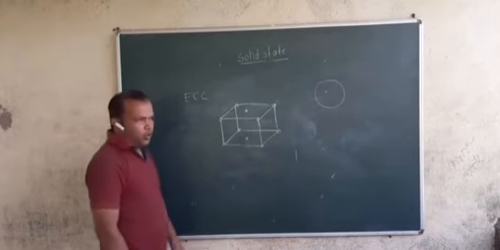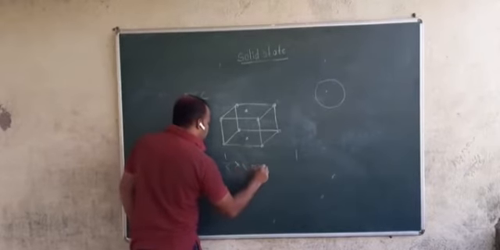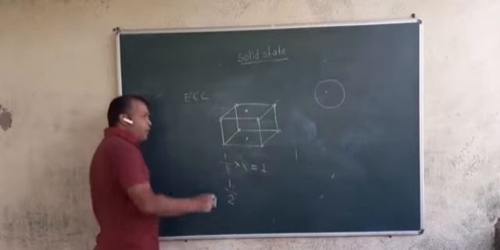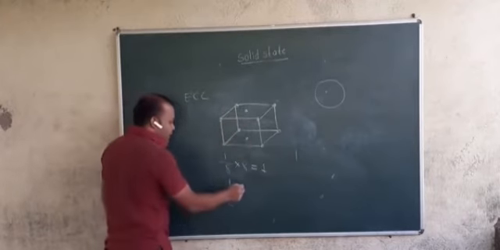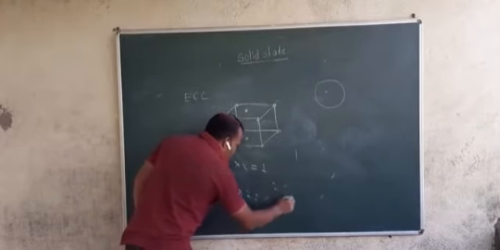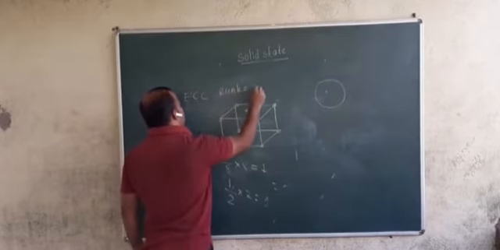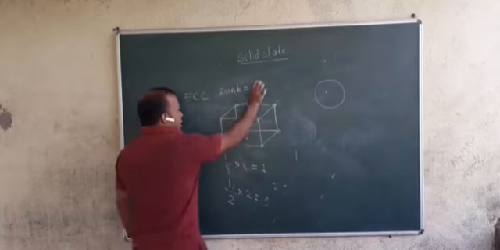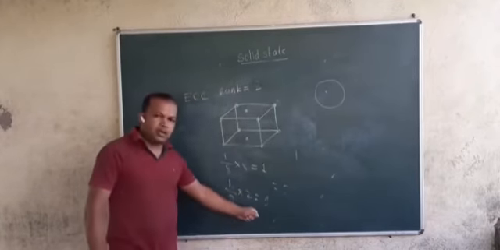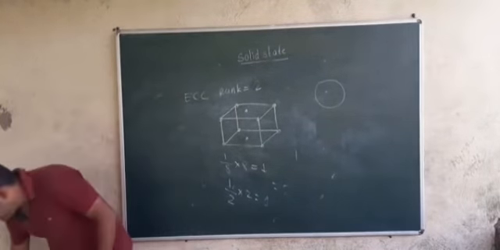As you know, the contribution of corners is 1/8 of 8, that is 1. And at the face, the contribution is half. And how many faces have we taken? Only two. One and this second. So two faces, that will be 1. So 1 plus 1, that will be 2. So the rank of ECC, that is end center, is 2. 1 plus 1. Okay students. Now